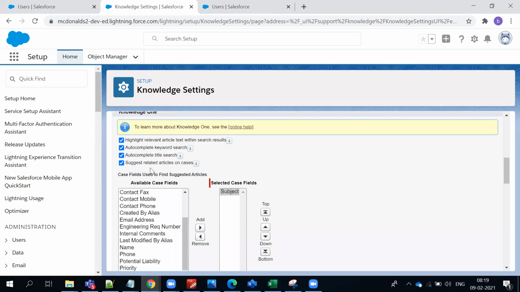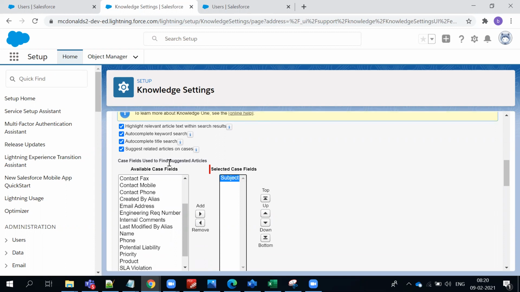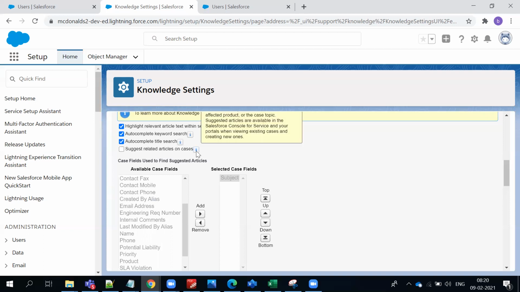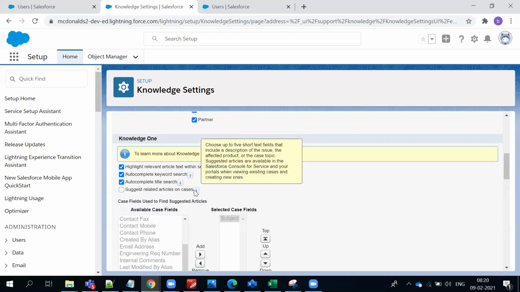Otherwise, if you want to showcase your case or suggest some articles based on the case subjects you get, choose case subject. Based on that, I can suggest articles related to the case. If I don't suggest at all, this option is disabled. It says: choose up to 5 short text fields that include the description of an issue and are attached to a product, a case or a topic. The suggested articles are available in the Salesforce console for service and your portals when you're viewing existing cases